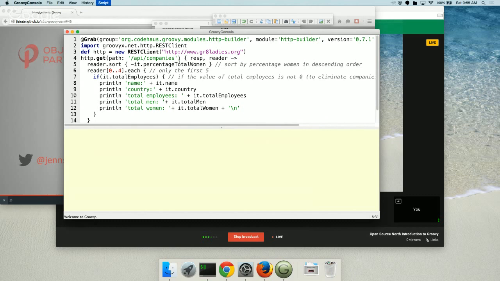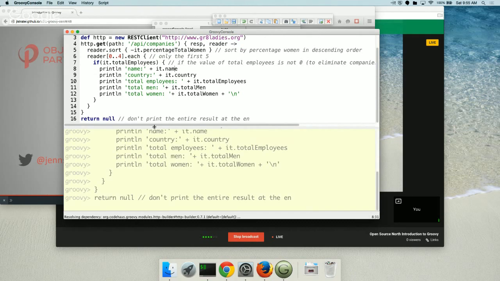So I'm going to go ahead and hit run. It's going to take a little bit. Hopefully on this Wi-Fi, we can grab the dependency. So here it says it's resolving. Okay. This does take a little bit. So this is definitely one of the reasons, if you're doing a short thing like this, otherwise you'd want to build a project and have these dependencies already. It's downloading its artifact.